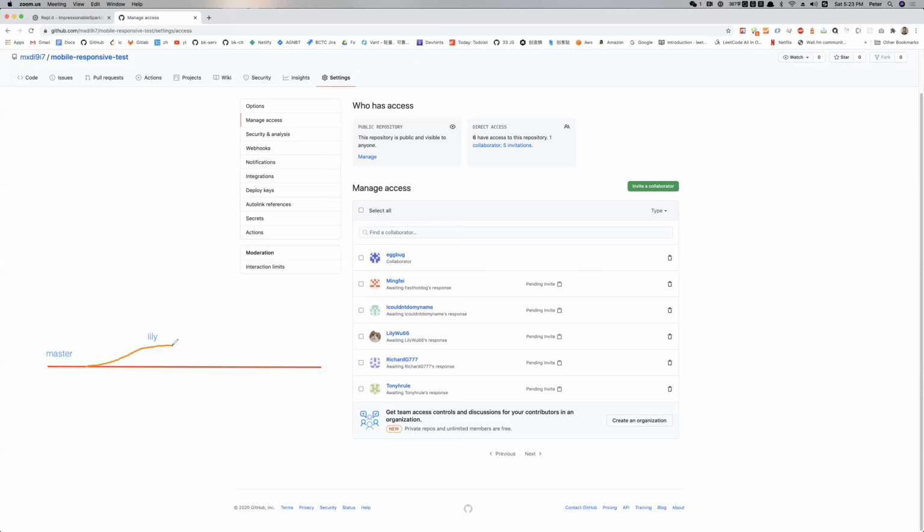Every commit is going to look like a little dot here, and she can make another commit down the line. When she's finished with her work, she can try to merge it back into the main branch. The main branch is always called the master branch. While Lily's working, Tony can also take a new branch from the master branch. Let me use a different color for Tony. Tony is green.